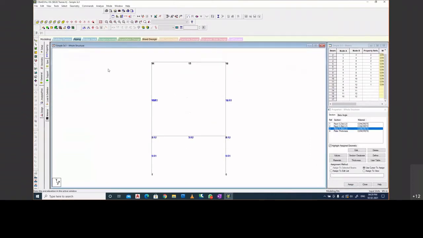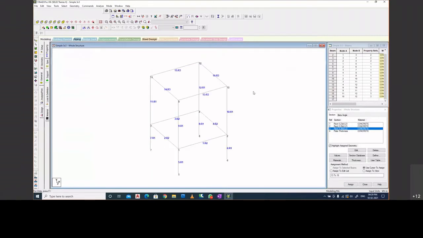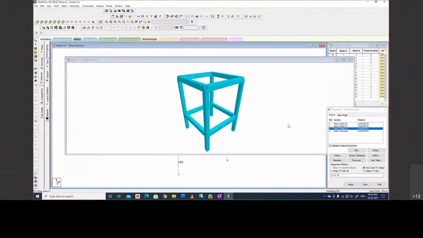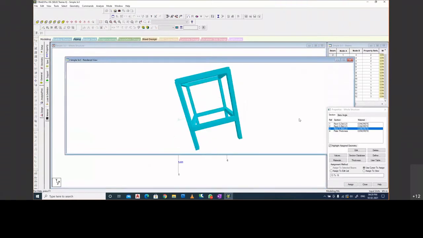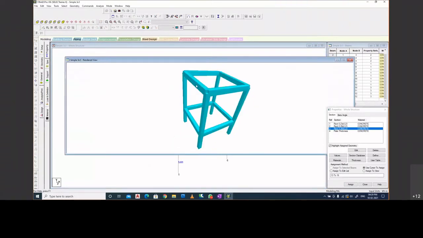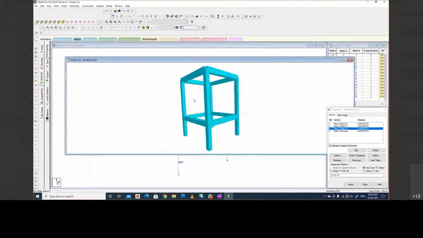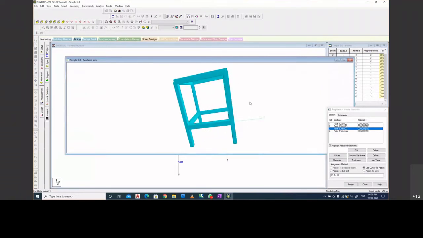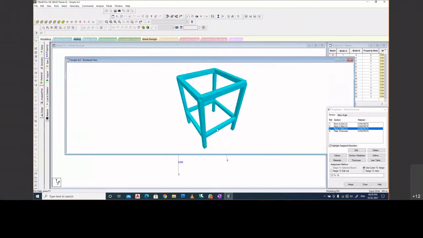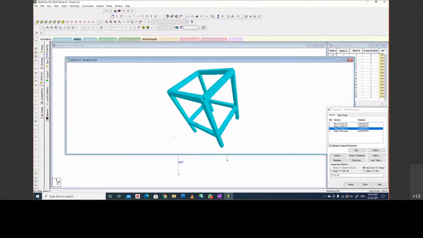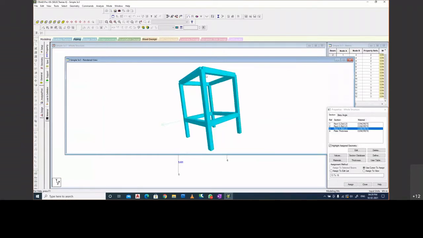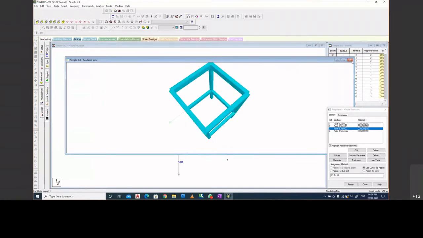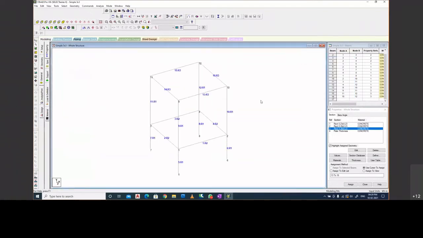Then again, I'll assign R3 to the floor beams this way. I have not modeled my slab, so I cannot assign the section because I don't have a slab. Anyhow, have a look over here. This is the frame which we are providing. So this is the frame we are having, and you can see the depth of the beam is 300, its width is 230. Like you can have a proportion, ratio proportion.